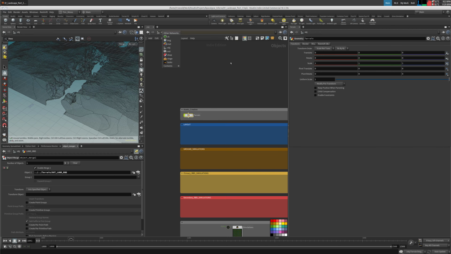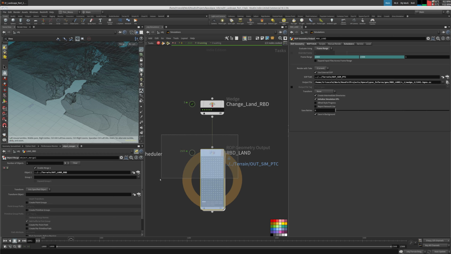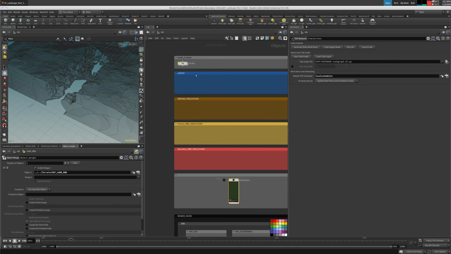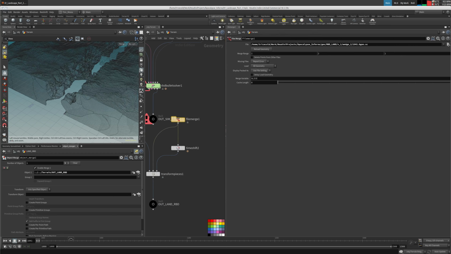Our path was, let's go to our simulations, and this is our path. Let's copy the path. We did how many? 0, 1, 2, 3, 4. That's 5 pages. So let's go back in here. Let's put this down. So the file merge allows you to, it runs a loop inside. It allows you to load files using a pattern. So our pattern is all same except this guy is changing. So here I can say $slice because my merge variable is slice, and then here I can say $F4,